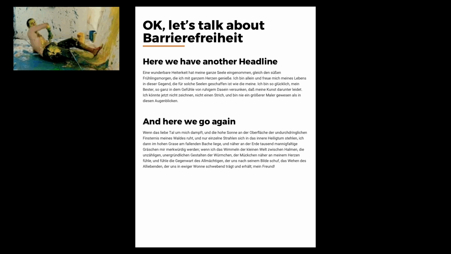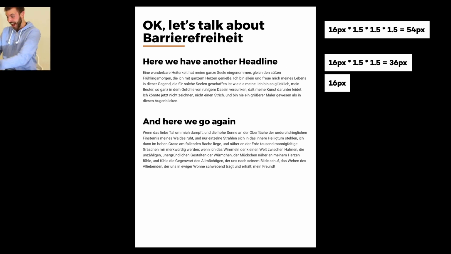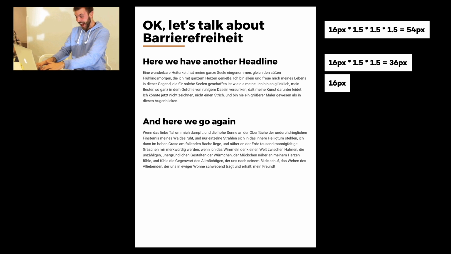So let's look at the font sizes here that Designer Me has used. We have a base font size for the paragraphs here of 16 pixels. And then I had a modular scale in place. That means I multiplied this base font size by 1.5 two times to get the size for this headline here, and multiplied it by 1.5 again to get the size for the large headline. And everything looks nice. Handing this over to Developer Me,